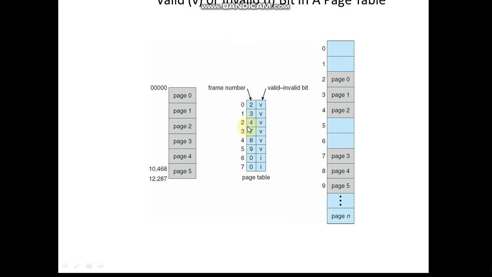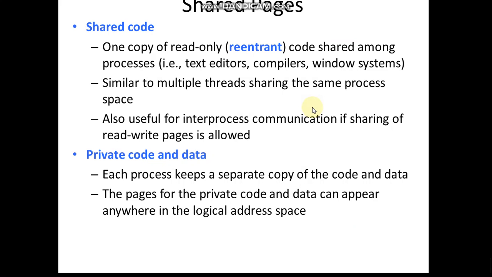You can observe here, along with the page number, whether that particular page can access that particular frame or not. It is written by valid and invalid. You can observe the sixth page is not accessible. It is filled with the invalid bit I. Whereas page numbers 0 to 5 are given access to certain frames, they are set with the valid bit V. So they can access this particular location.